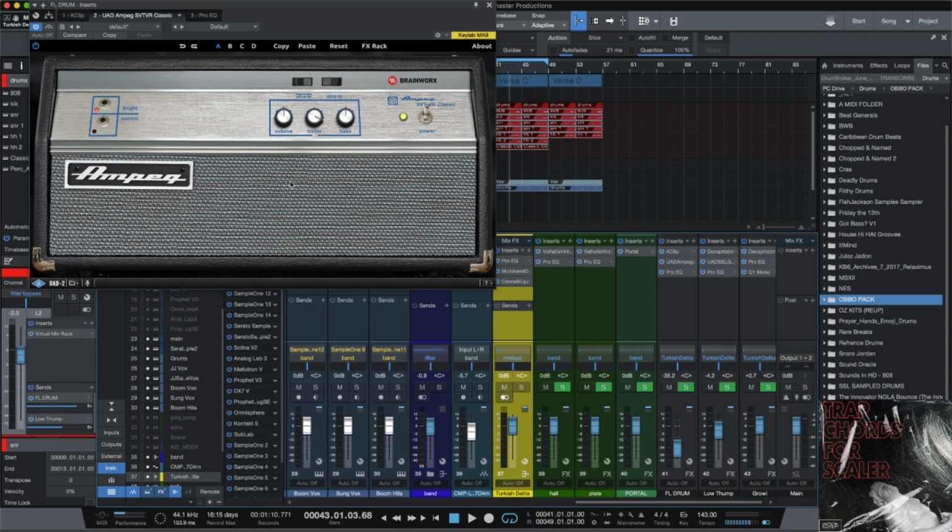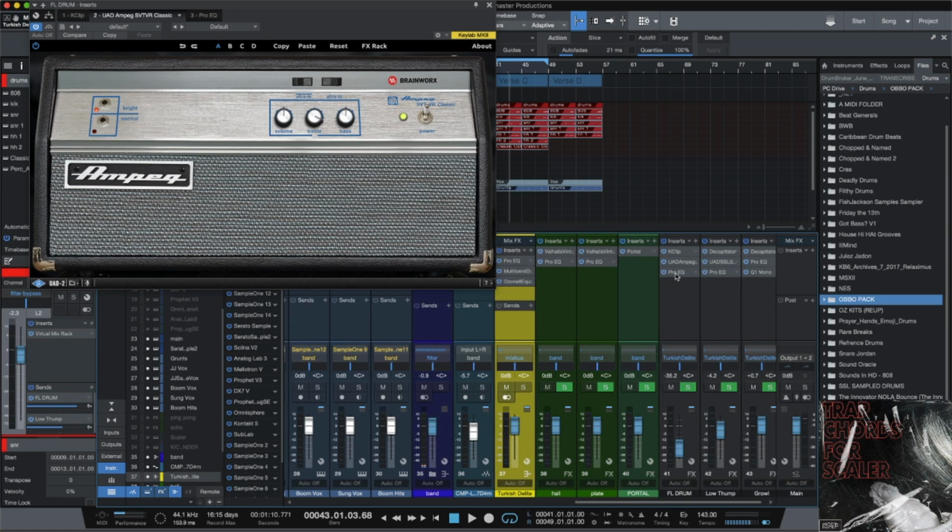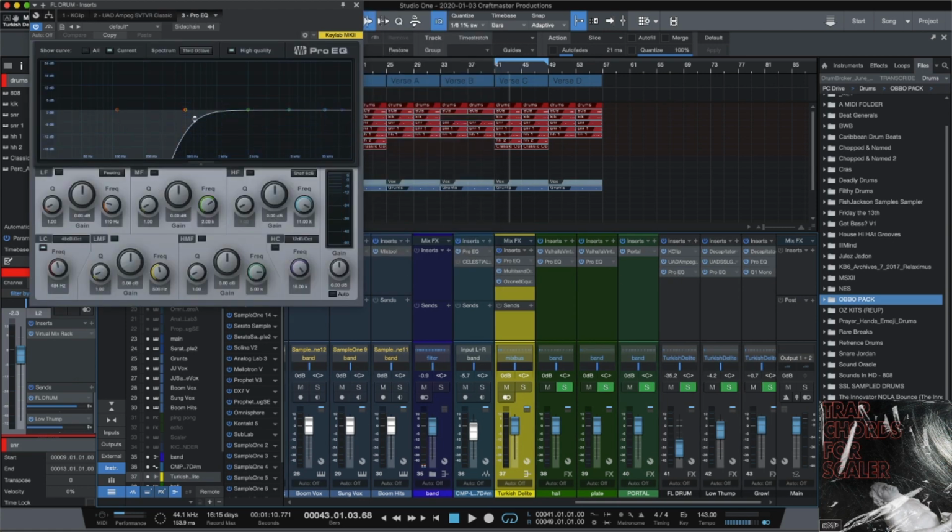You can use this with the Neutron exciter. You can use it with the Apex exciter that comes with Waves. You can use it with the Ozone exciter. You can use it with the free Slate plugin called Revival. Anything that does top end excitement, you can use. And then what I've added at the back end is a high pass filter, so that we're just adding the highs to it. And when we listen to it,